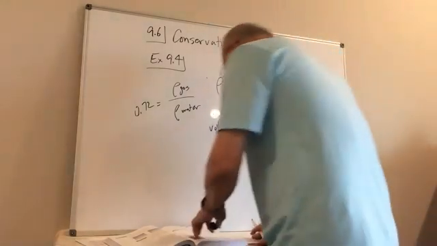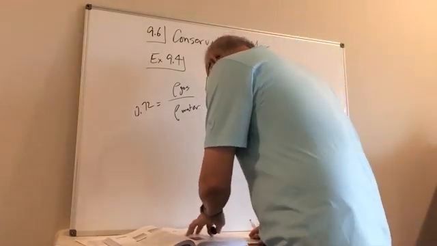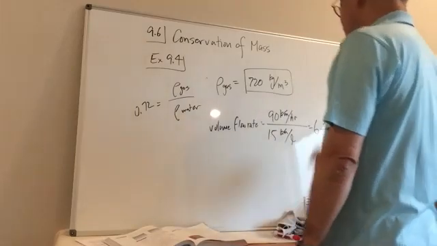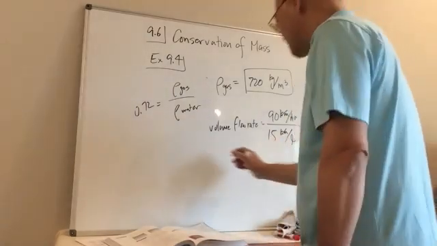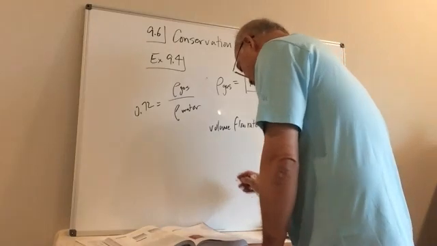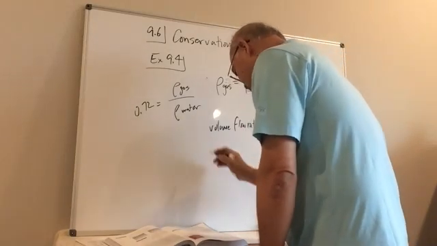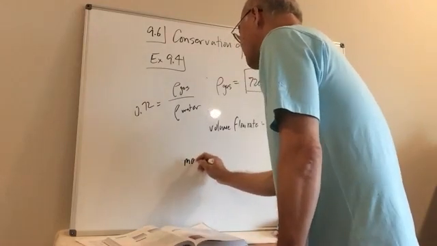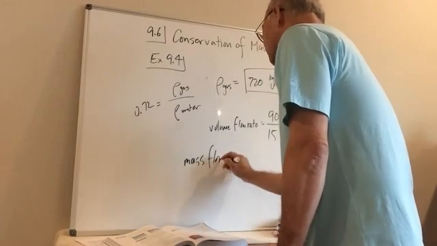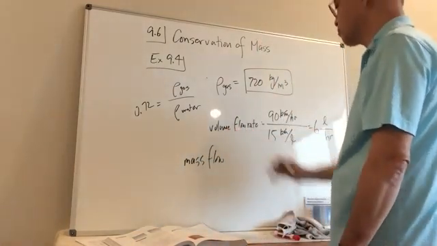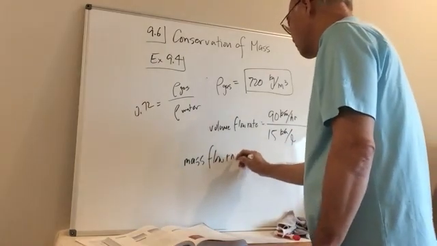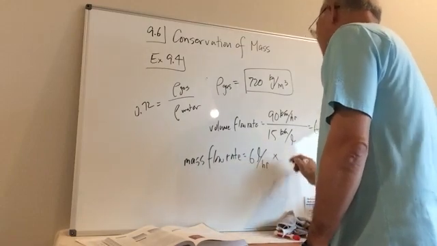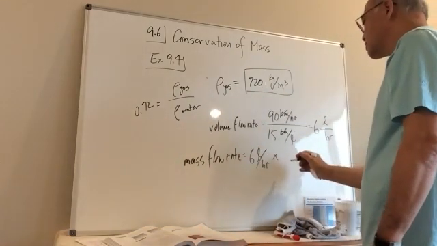And how many hours are we burning this? We're burning every hour. And there are how many? There are 1 million of these cars, right? Which means that we're going to burn 6 liters per hour, right? So the mass flow rate, wait a minute. So the mass flow rate was the volume flow rate times the rho, right? So it's going to be 6 liters per hour times the rho here, which is going to be